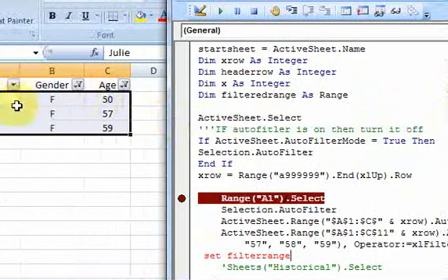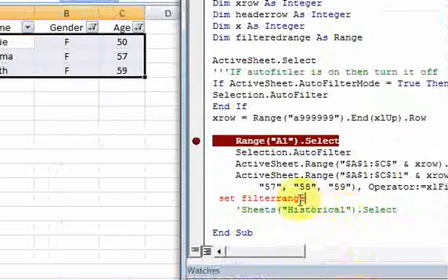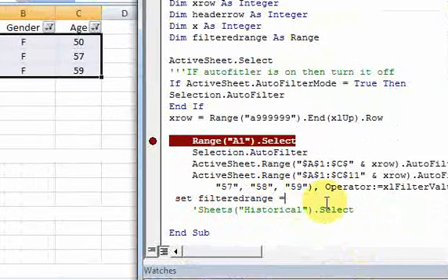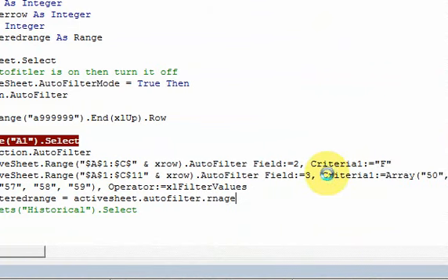And a range object, remember, is just a block of cells. So I'm going to set this filtered range equal to something. What I'm going to set it equal to is the active sheet dot auto filter, and then I'm going to say range